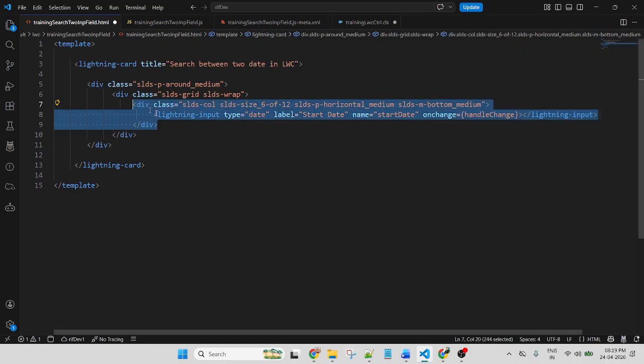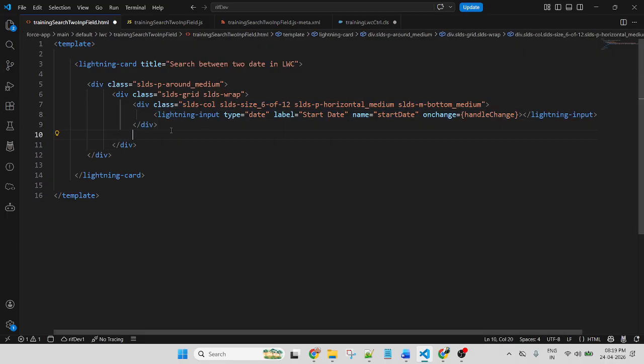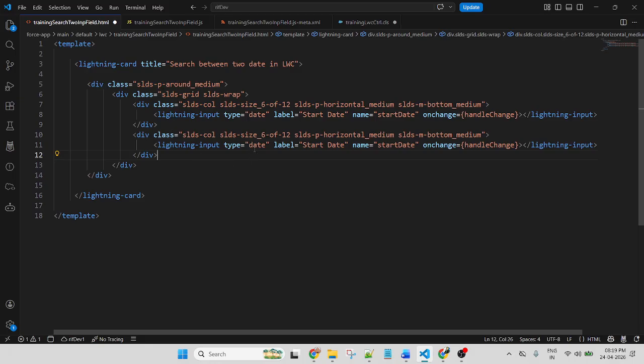Now similarly copy and paste. This is type date, label changed from start date to end date. The function will be the same. These are the two input fields.